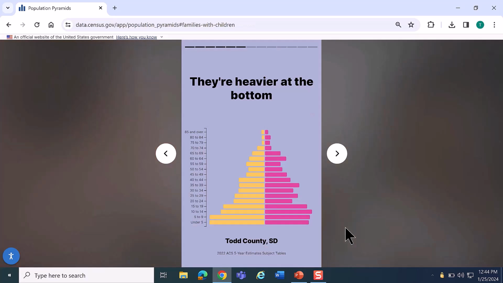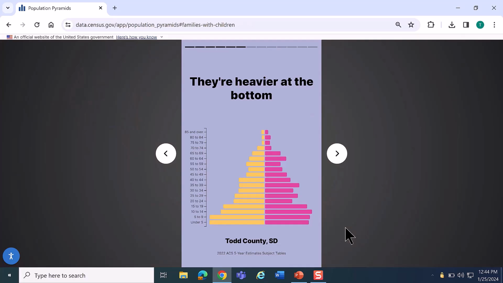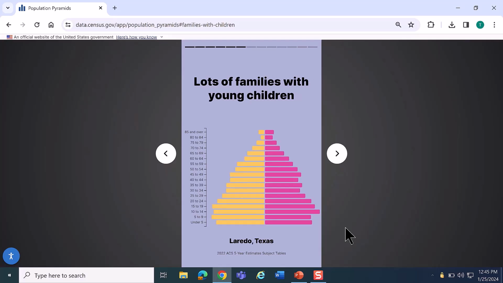One example, coming from Todd County, South Dakota, we can see that the population pyramid is heavy at the bottom, right? So they have a larger proportion of their population in those younger age groups, meaning there are lots of families with children living there. Same for Laredo, Texas,